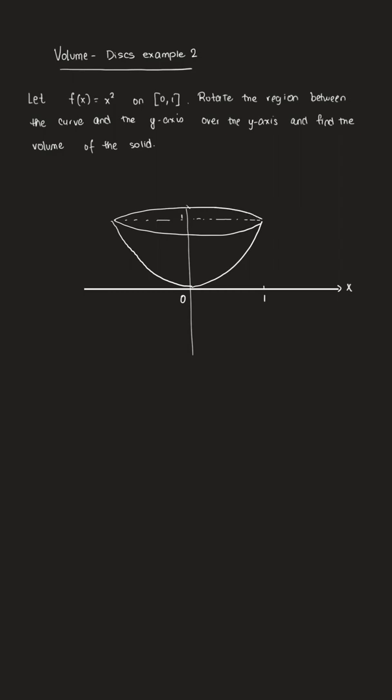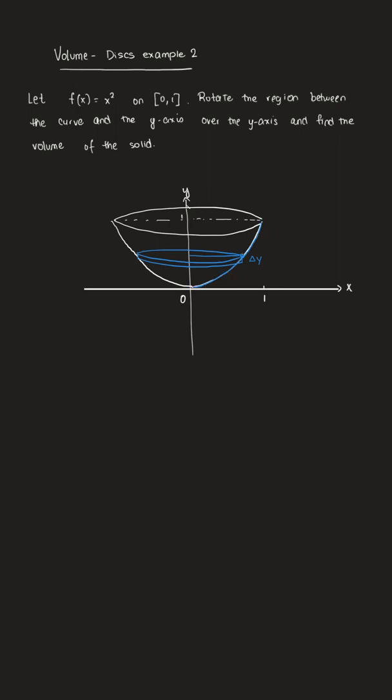And so notice that this time we rotate over the y-axis. And what I had mentioned earlier is that when we do this, we're going to have to add up the disks vertically. So if I sketch a representative disk, it would look something like this. And the width of this disk is a little delta y, or dy when we integrate. So that's delta y. And the radius of the disk lies on our function, but it's the x-coordinate for any